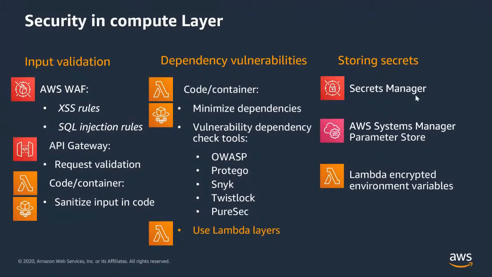So that's Secrets Manager. Parameter Store also allows you to do that, but Parameter Store doesn't have rotation policies as part of the service, though it is useful when you want to have key value pairs more easily than Secrets Manager. Then there's another option where Lambda allows you to have encrypted environment variables. When you load a Lambda, there are environment variables you can load as part of the runtime, and Lambda will then refer to them through the code directly. So you could encrypt that and put it as part of the Lambda. That's the lowest level, but I would always suggest going with either Secrets Manager or Systems Manager Parameter Store when you're storing secrets in your application.